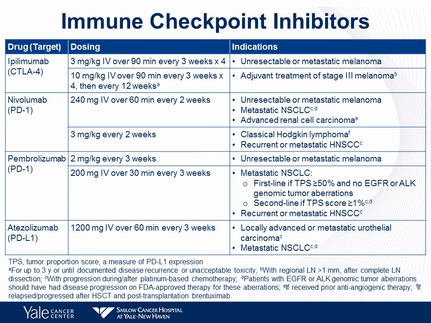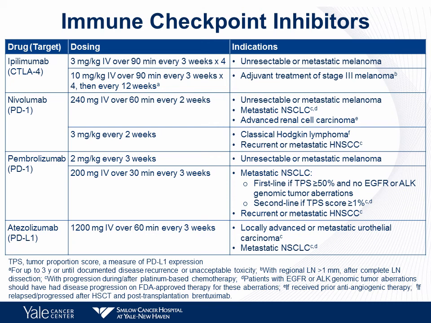Pembrolizumab, also an anti-PD-1 agent, is 2 milligrams per kilogram every 3 weeks for melanoma, and a fixed dosing of 200 milligrams IV over 30 minutes every 3 weeks for non-small cell lung cancer. And you can take a look at the two different approvals for non-small cell lung cancer. First-line setting is approved if the tumor proportion score of the patient, so if they have PD-L1 testing done, is greater than 50% and they do not have an EGFR or an ALK mutation, patients can receive pembrolizumab in the first-line setting. It's also approved in the second-line setting if the TPS score is greater than or equal to 1% by standard